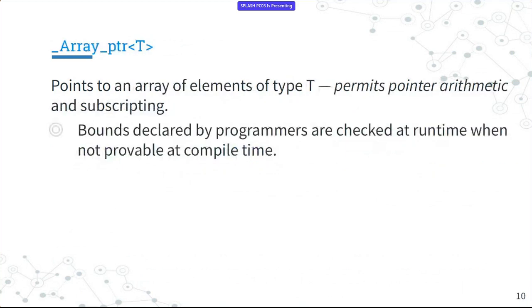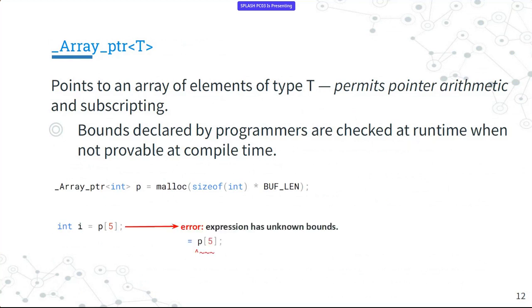What about array pointers? Array pointers, as I mentioned before, are pointers to an array of elements. An array pointer has a bounds declaration which defines the bounds of the array, basically how many elements the array contains. But you can declare an array pointer without bounds, in which case, if you try to access it, the compiler will scream at you saying that it doesn't know the bounds of the array. So if you're trying to access it, it says that it's an out-of-bounds access.